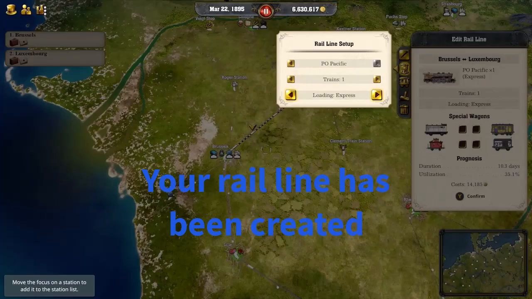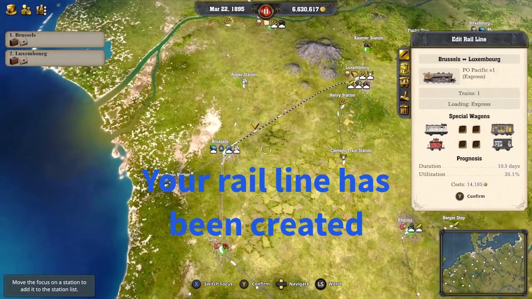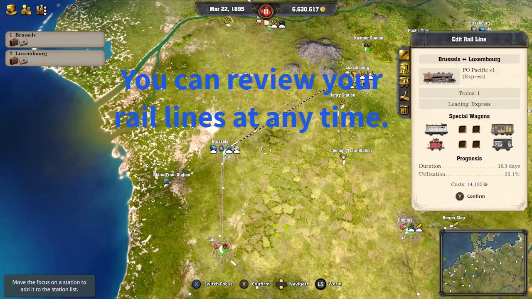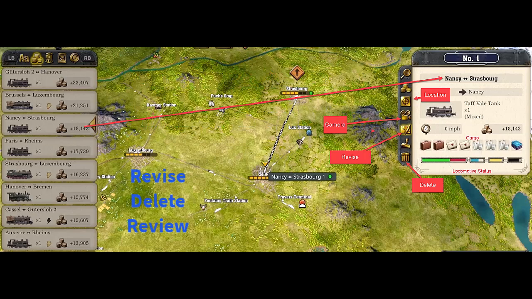At this point, we essentially are done with our rail line. As we will see later on in the video, we can further refine our rail line by modifying the tracks, the specific merchandise that is carried, and so forth. We can revise, delete, review our rail line at any time. We bring up the list of rail lines, click on the specific rail line we are interested in, and then